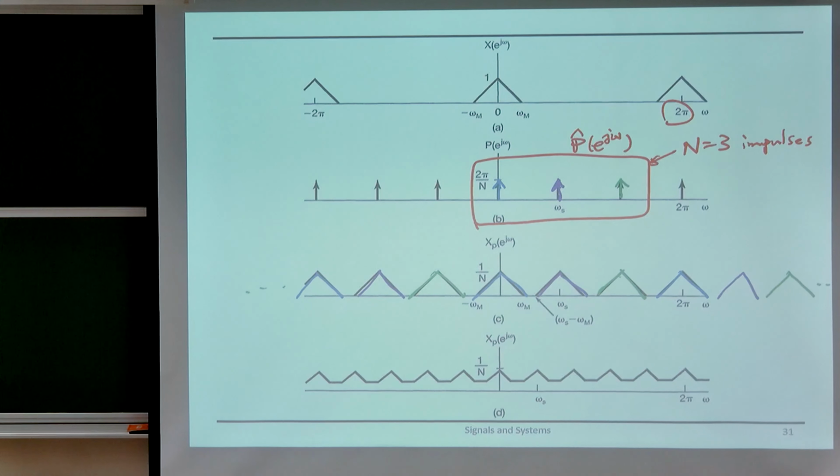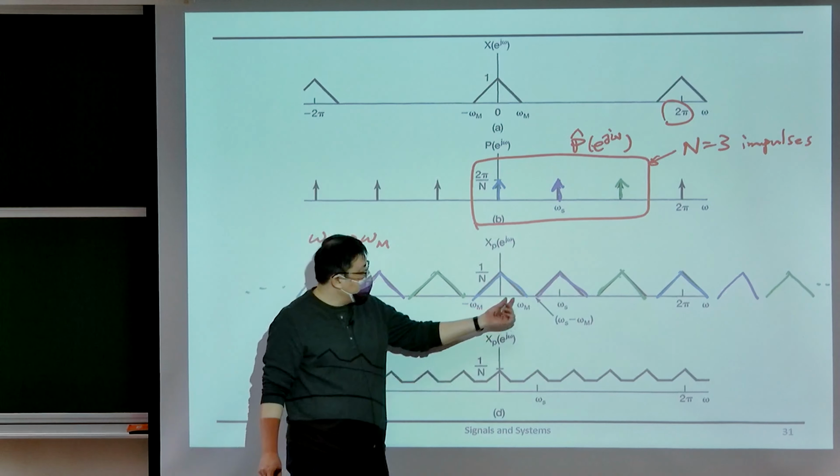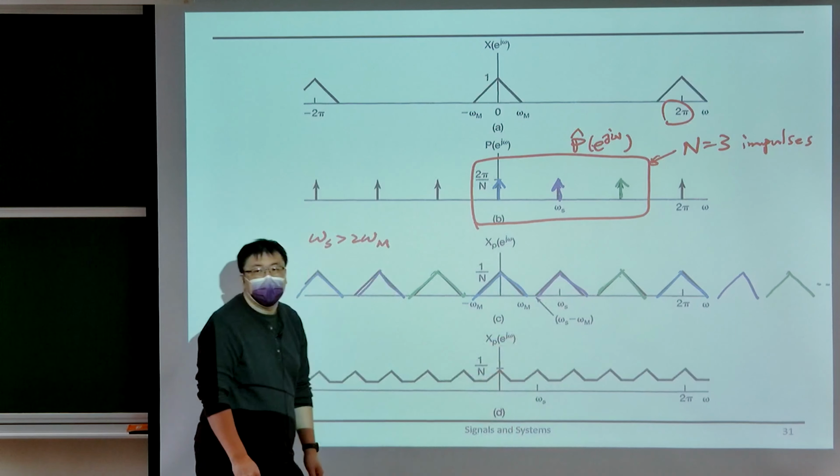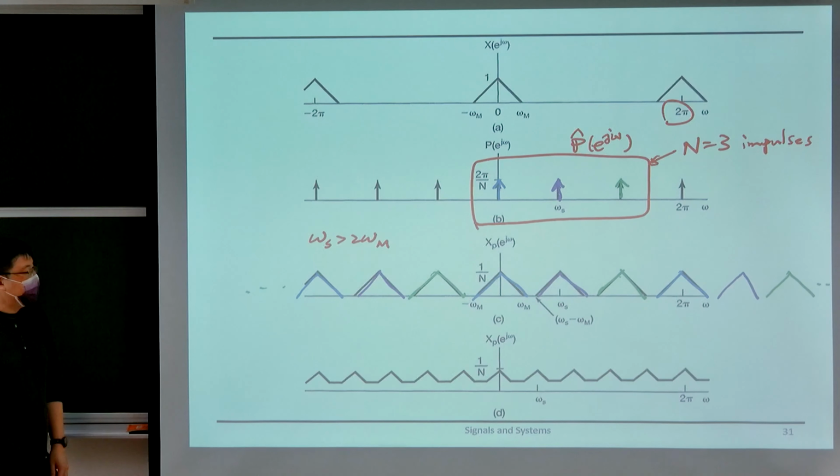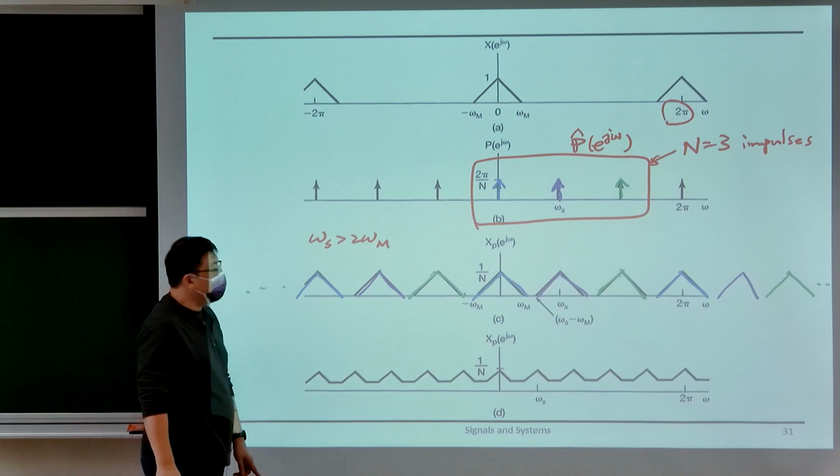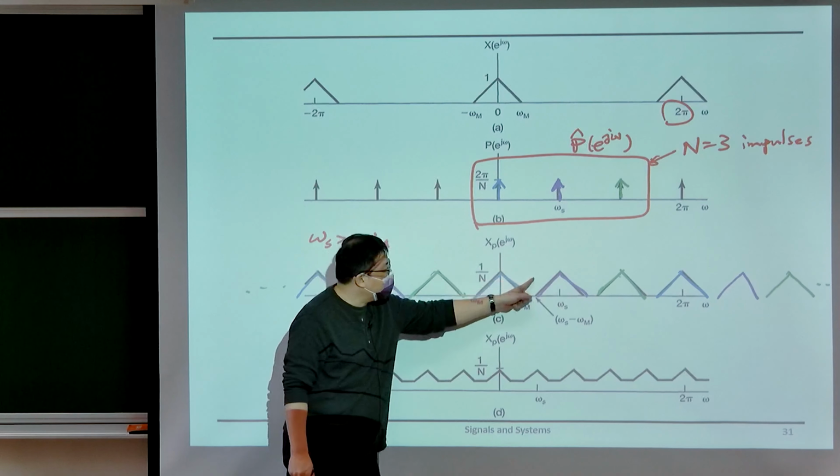This example above is the case when omega s is greater than 2 times omega m, so that there is clear separation between adjacent replicas of the spectrum. If that is the case, then you can actually get back the original signal